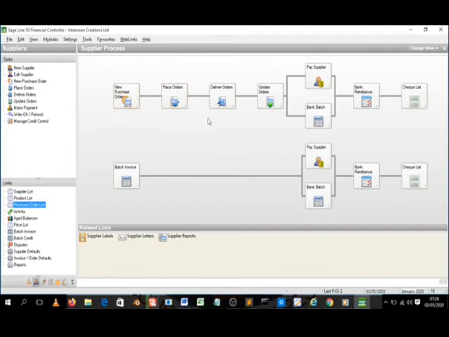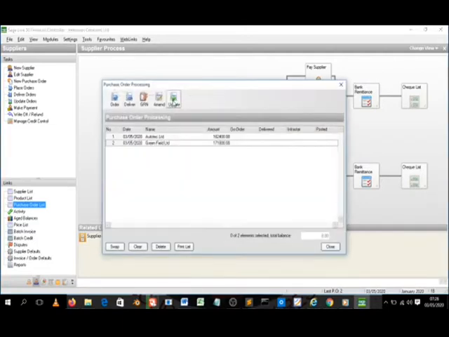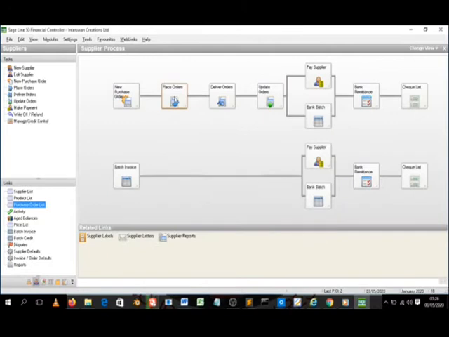Now let's go to placing the order. Now this is the procedure with the Sage. You make purchase order, you place this order, they are delivered, before update. Now we are in the second option, you place the order. Remember, you can only place the order that is in a purchase order. If you don't make a purchase order, you are not able to place the order. So let's place the order,